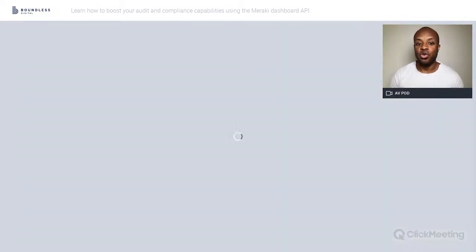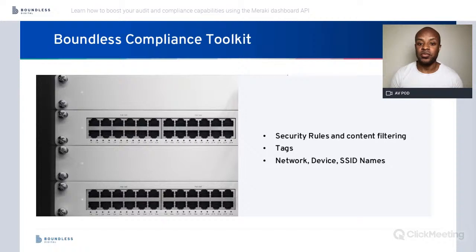Here at Boundless, we have come up with a set of compliance tools using the Cisco Meraki APIs, which will help you realize the vision that we've painted above. Our compliance toolkit lets you define compliance rules to apply to one or more Meraki organizations. You can define constraints on things such as security rules, content filters, naming conventions around networks and devices, and you can also ensure that any tags you use stay compliant with your internal standardizations,